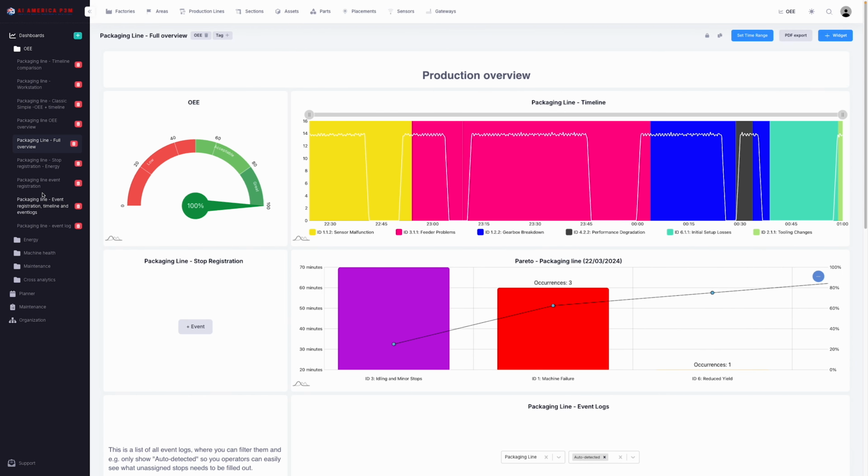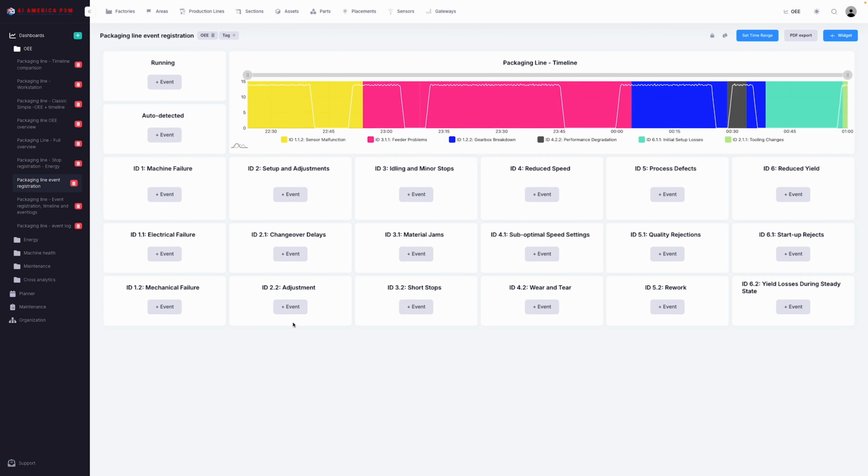Next, we have the packaging line event registration. So again, in Acumatica P3M, there are 2 ways to add an event. We can either do this manually or AI will do it itself. So in order to add one manually, as you can see, we'll do it from here. For example, there was a machine failure in the packaging line, and we want to log it. So we're going to come to event registration, which is what we're looking at right now, and we're going to be